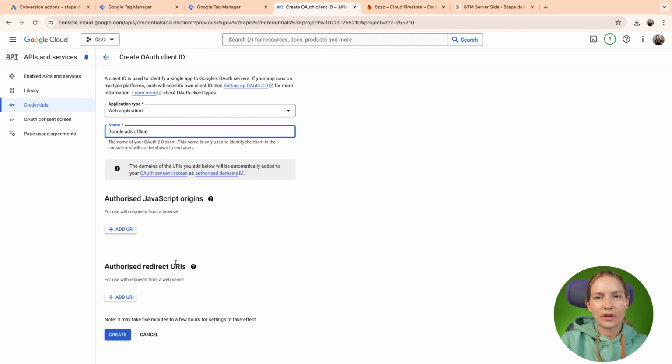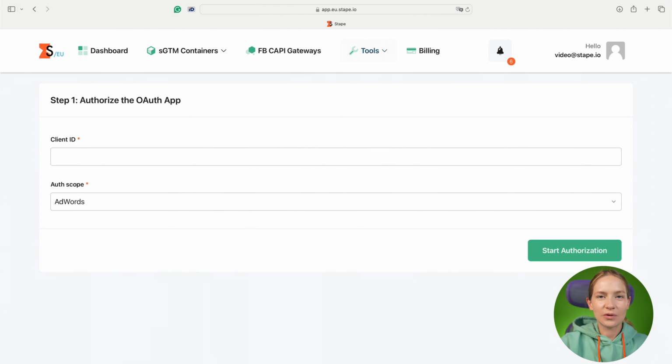So we have 2 different URLs. One is used for Stape Global, and the second one is for Stape Europe. So basically, Stape is divided into 2 streams. The first stream, Stape Global, uses GCP as a cloud server provider, and the second stream, Stape Europe, uses Scaleway as a cloud server provider. Depending on which stream you are using, either global or EU, you need to pass different URLs. I'm using the EU one, so I would need to add